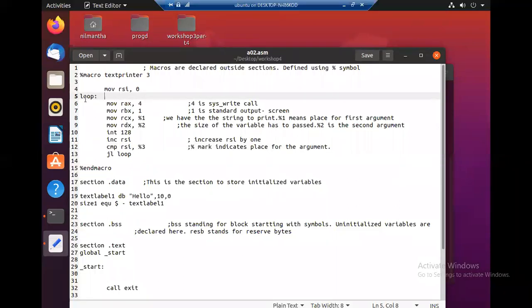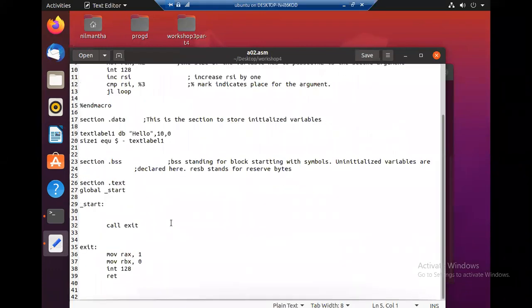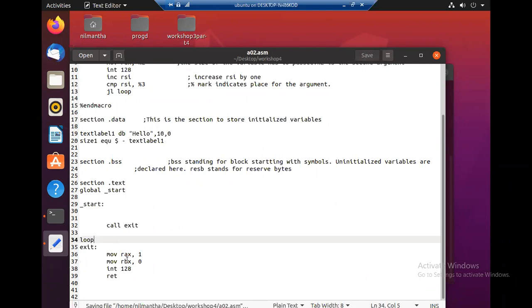For example, we have something known as loop here. What happens in the main program? After this start, in the text section of the main program, if we have another label with the same name,